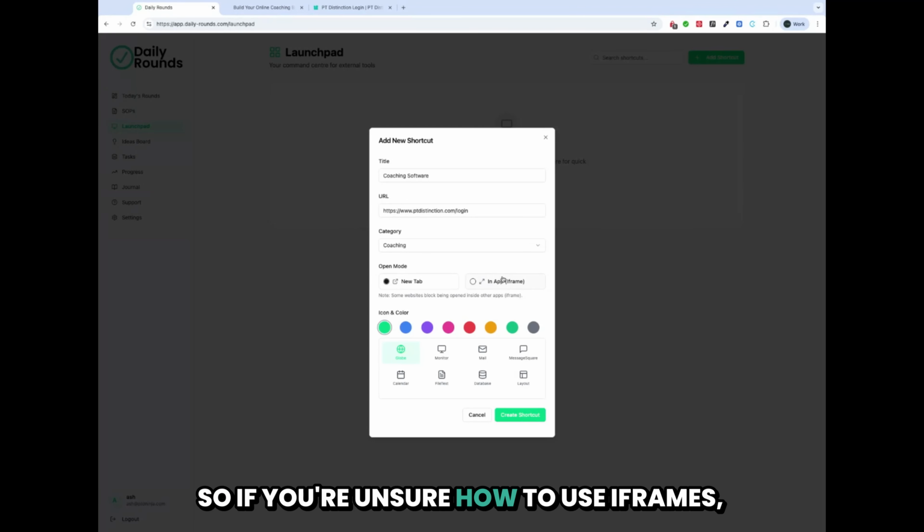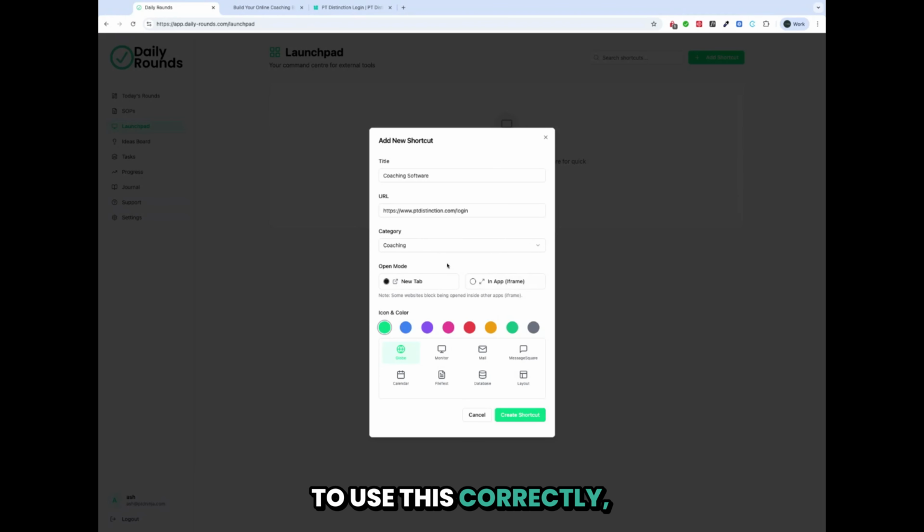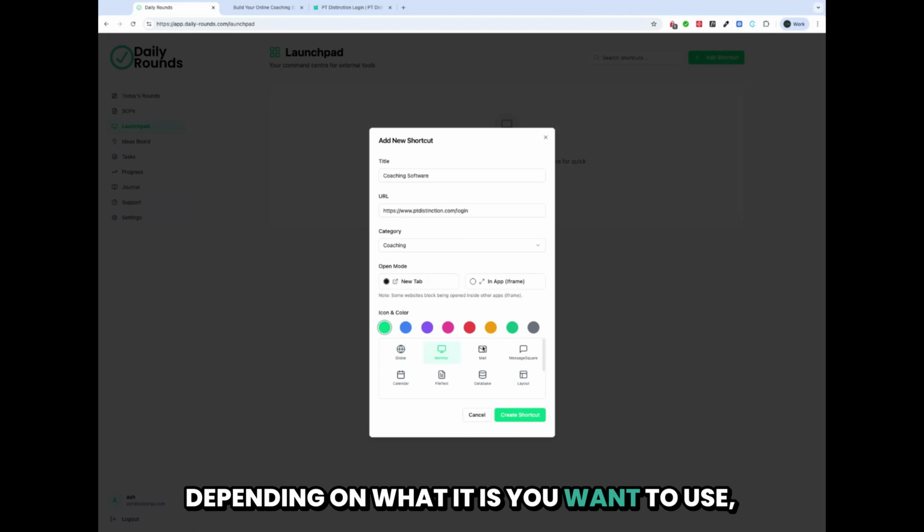So if you're unsure how to use iframes, then you can completely ignore that and just use the standard one, because some websites, as it mentions here, will block iframes from being used. So my advice would be, unless you know how to use this correctly, I would recommend just using the new tab option. You can choose your icon and color depending on what it is you want to use, and then